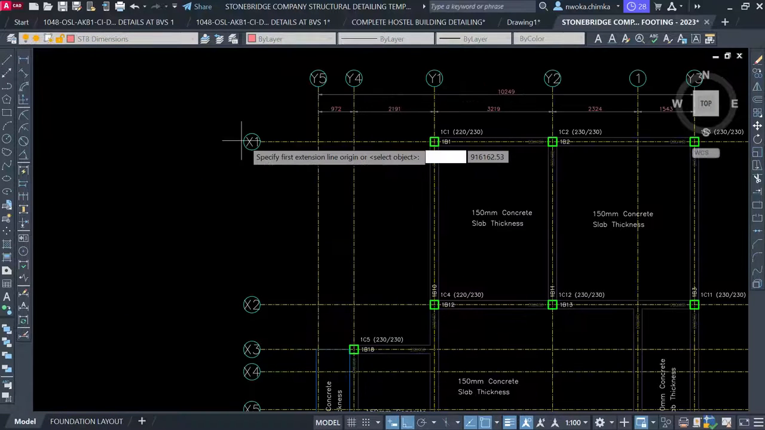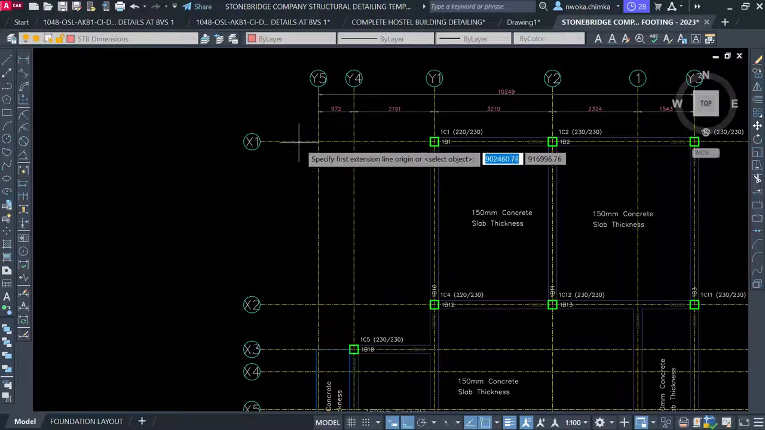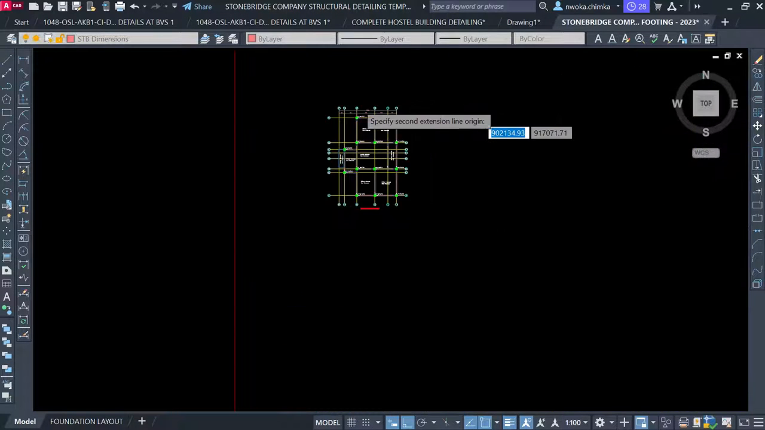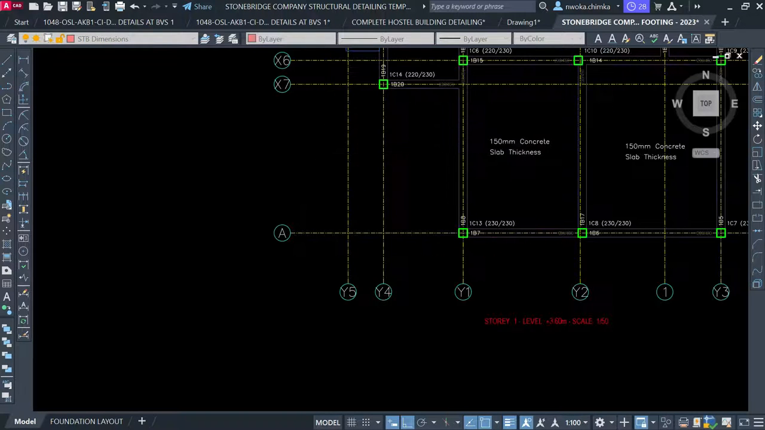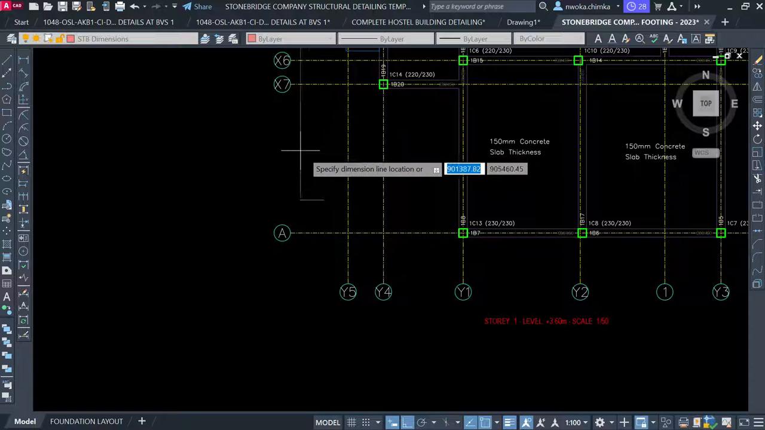Okay, and also it works for any version of Protastructure, starting from 2018 to this very 2022. So again, I'll also dimension this overall dimension for this one. As you can see, we are done with the top one. So as you can see, this template helps you to perform a good structural